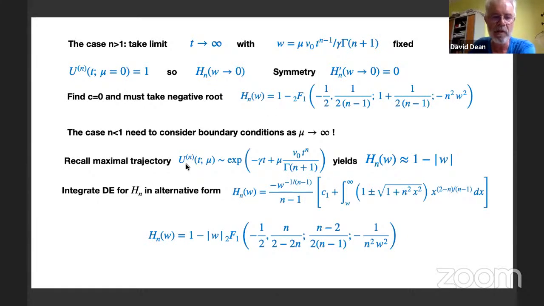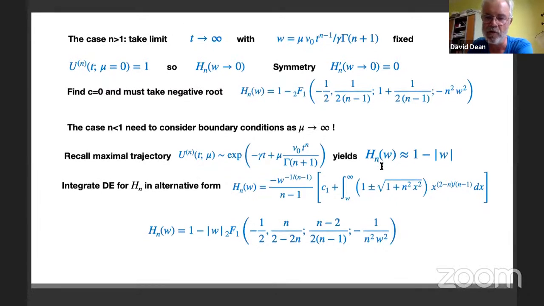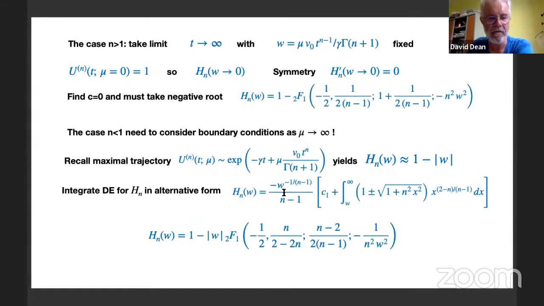But what we can do is look at the large deviation function, what we expect it to do at the edge, where for this process which hasn't flipped, this is just the probability you haven't flipped, and this is the maximal displacement. This applies for both left and right, so you find the large deviation function in this case is equal to 1 minus the modulus of w. You can then solve the differential equation for hn, and you find,